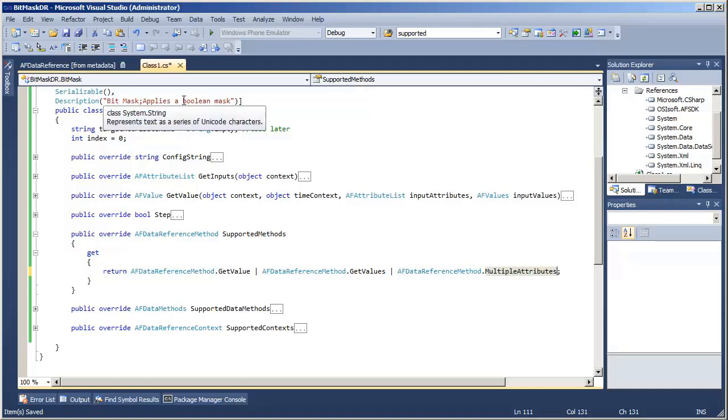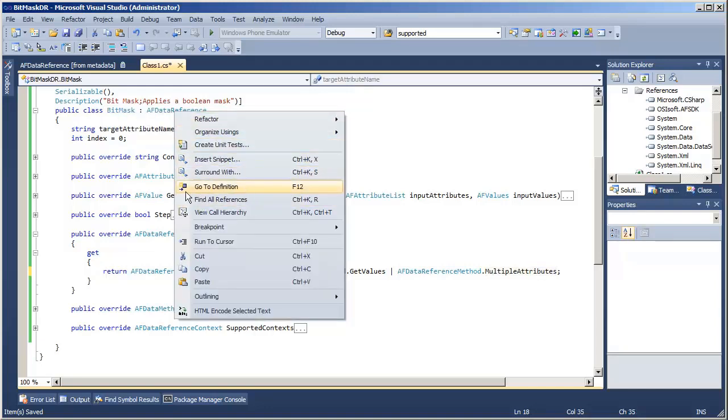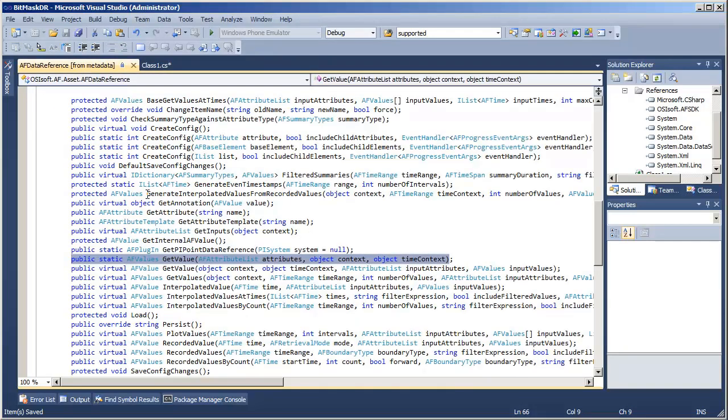As far as how to do that, back in the metadata, if we go to the definition of our AF data reference class, we get the metadata for this static getValue call, where for an entire list of attributes, at one time, we can get values.